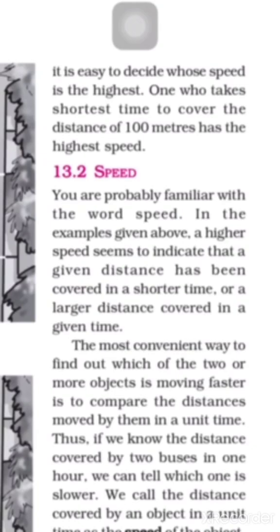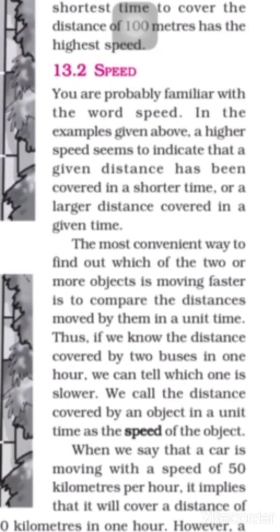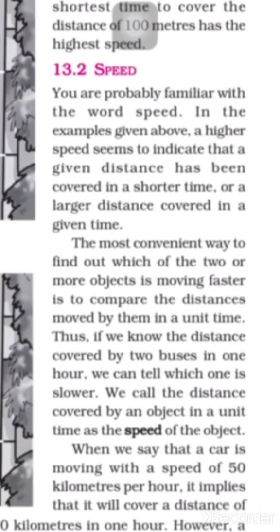First, slow or fast. We know that some vehicles move faster than others. Even the same vehicle may move faster or slower at different times. Make a list of 10 objects moving along a straight path. Group the motion of these objects as slow or fast. How did you detect which object is moving slow and which object is fast? If vehicles are moving on a road in the same direction, we can easily tell which one of them is moving faster than the other.